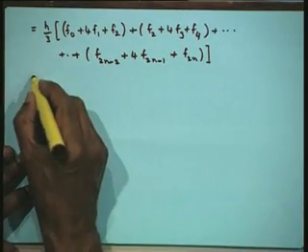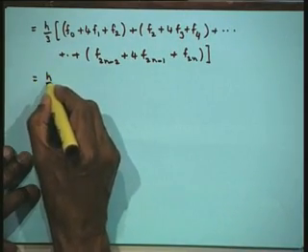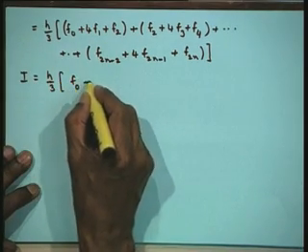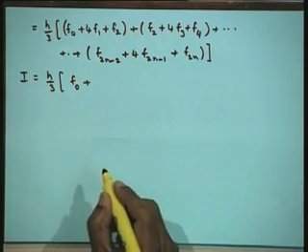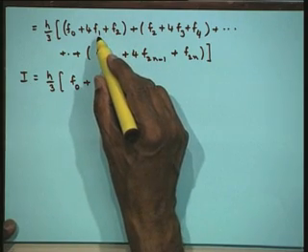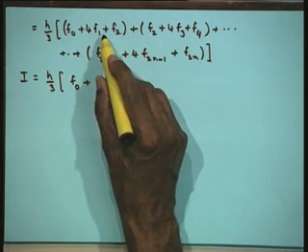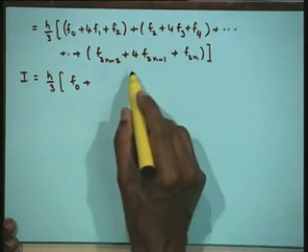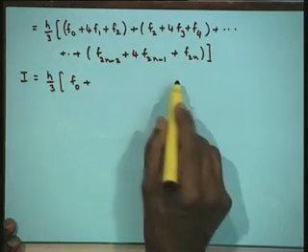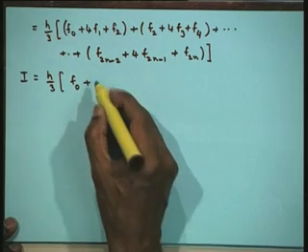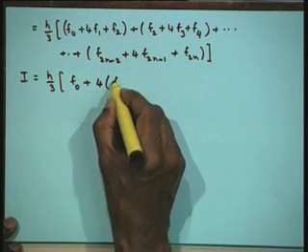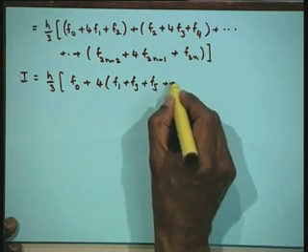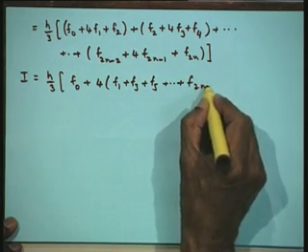Now we can simplify this and write it as I is equal to h by 3 f naught. Now you can see that the odd suffixes of f all are multiplied by 4: f1, f3, f5, f7 up to f2n minus 1, all the odd suffix ordinates are multiplied by 4. So we will have this as f1 plus f3 plus f5 and so on up to f2n minus 1,